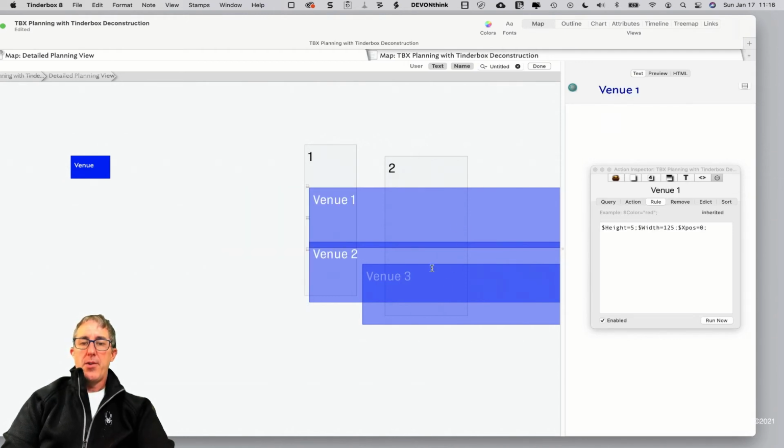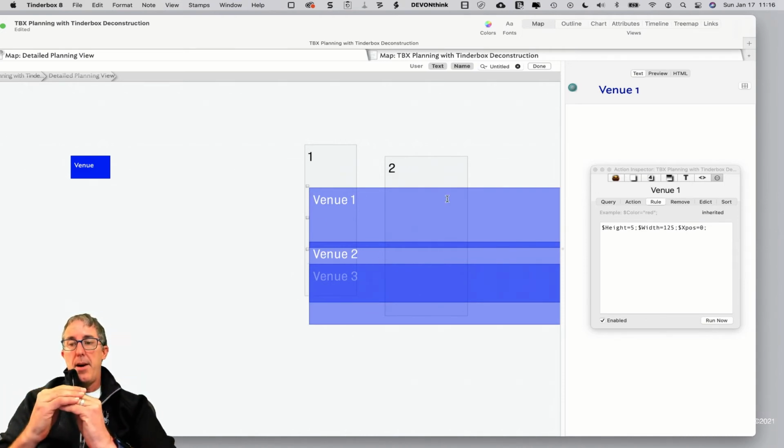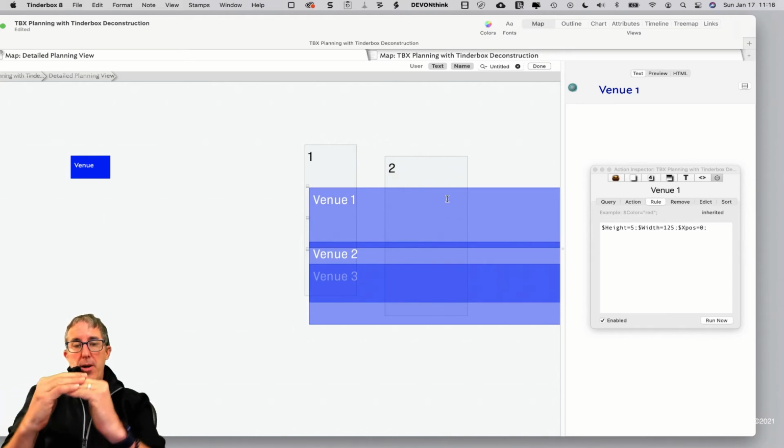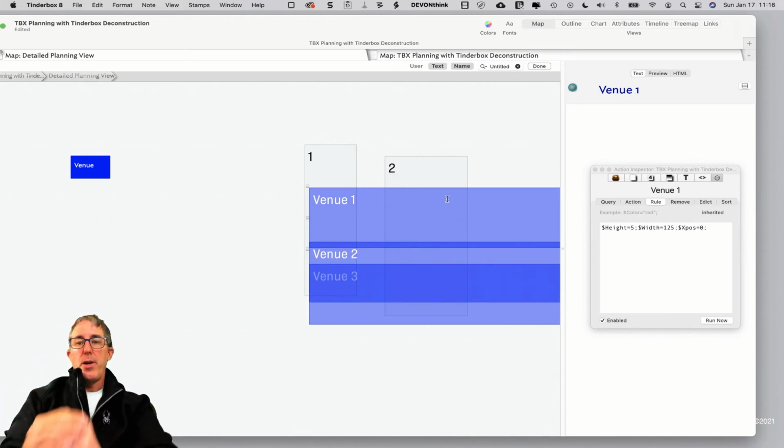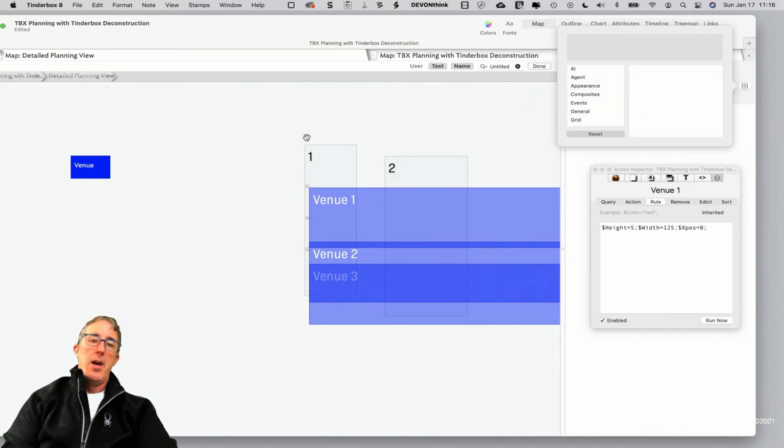And now they're all taking on the x position of 0. You see how they all just moved. Now what we want to do is add some math so that there is a buffer in between each one of them. The way Mark proposed doing that in his demonstration, actually we'll do it over here in the venue,